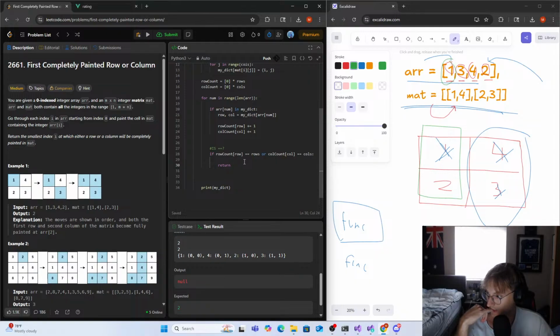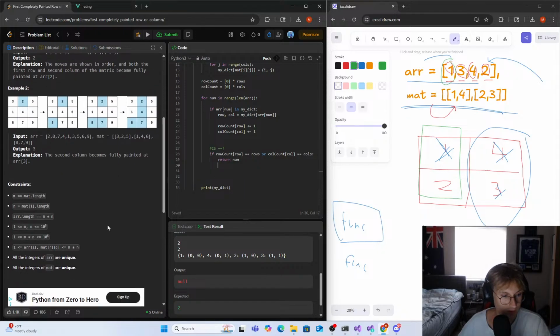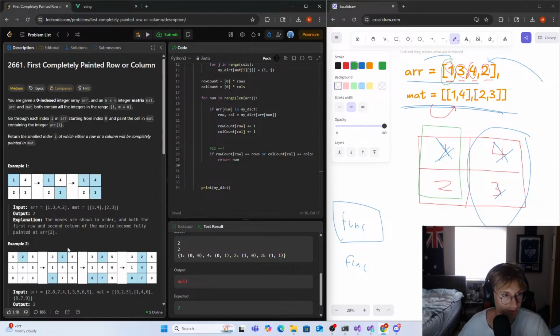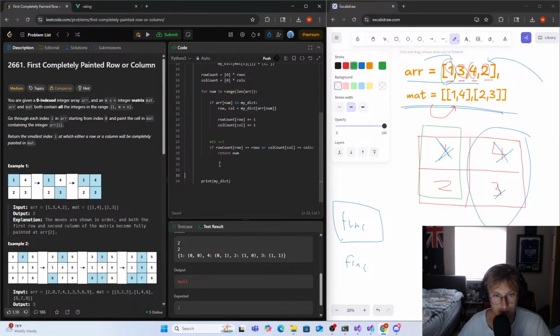Would that work? Oh no, we're just gonna return num, right? We're gonna actually return this index value. We're not returning any of these index values. We're just gonna return num. What would we return if we don't find something? Are we always gonna find something? Return the smallest index i, which either row or column will be completely painted. I don't know what to do if it's not completely painted, but